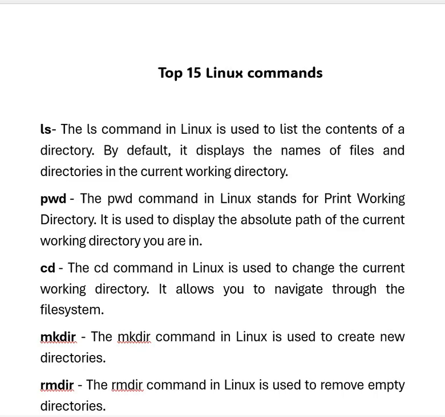By default, it displays all the names of the files and the directories in the current working directory. For example, you're working in a directory named downloads. In the downloads, what are the files and what are the subdirectories, it displays those names. For example, in the downloads we have a file called avr.txt. So it displays the names of the files or the names of the directories in which you're working, the current working directory. I hope the ls command is clear.